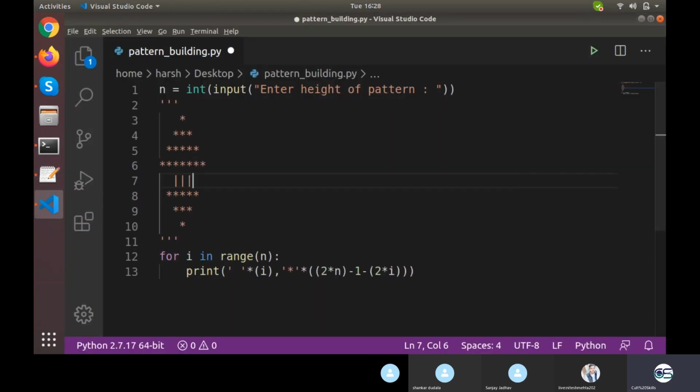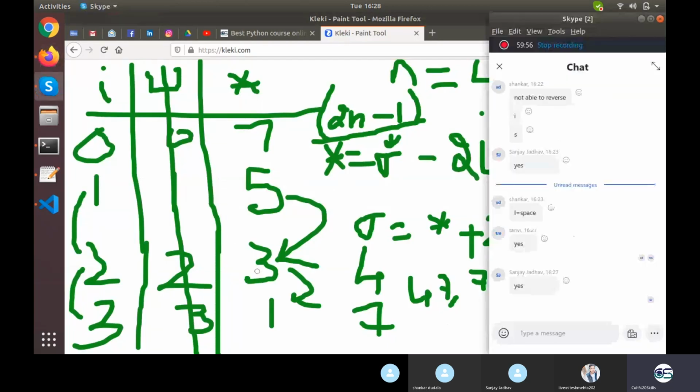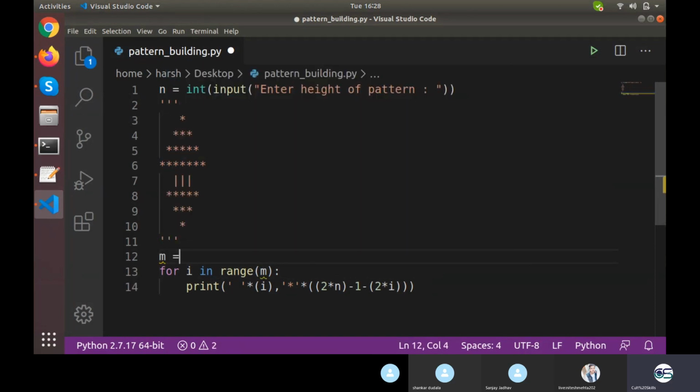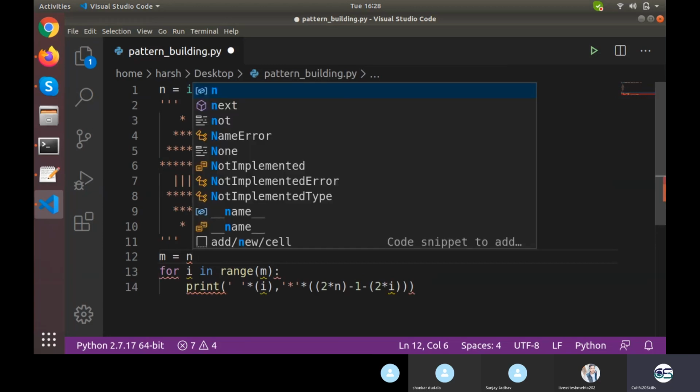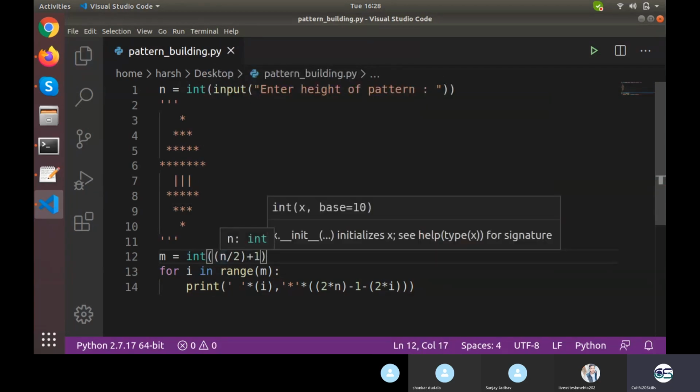Let's see how it will work. When the height is 7, I want this particular loop to run only till m, where m is n by 2 plus 1. So for 7 it will be 7 by 2, 3.5, plus 1, 4.5, and the base of that, which is 4.